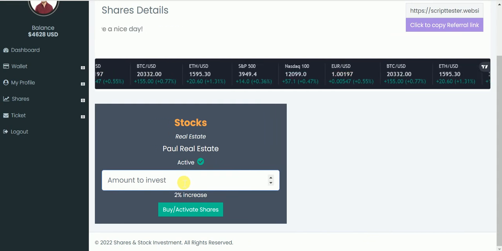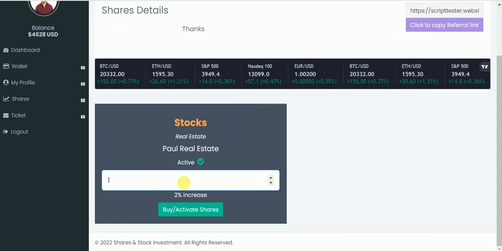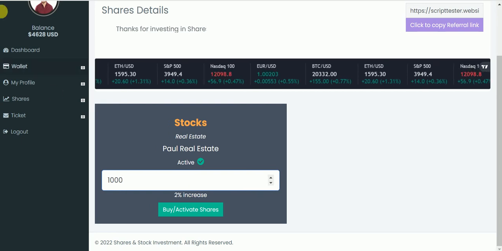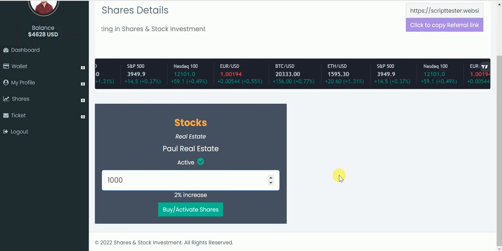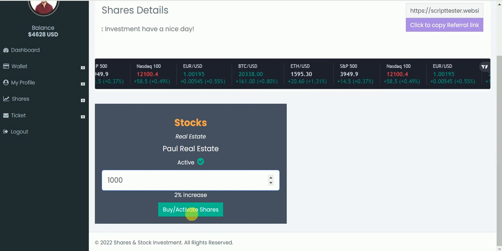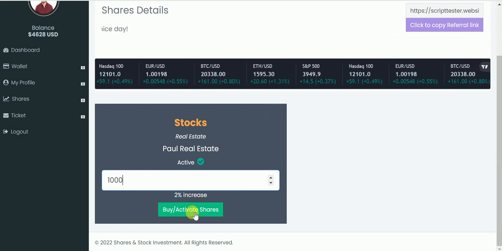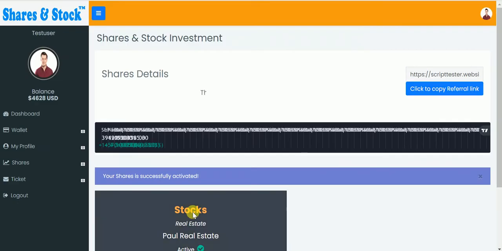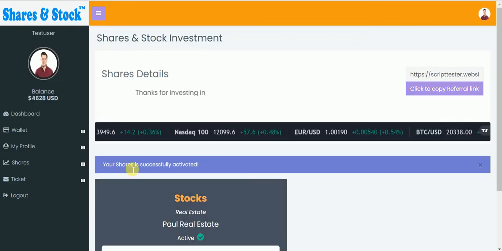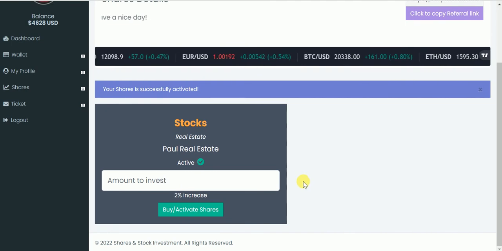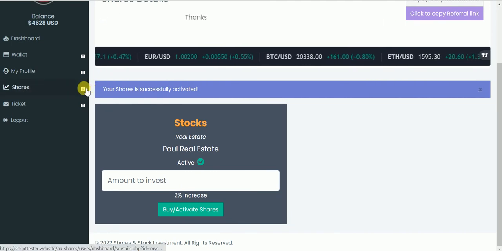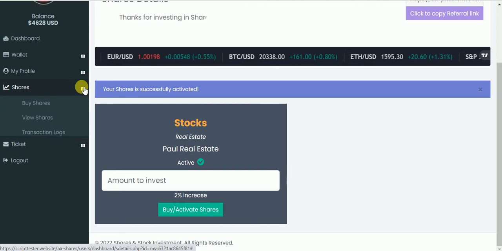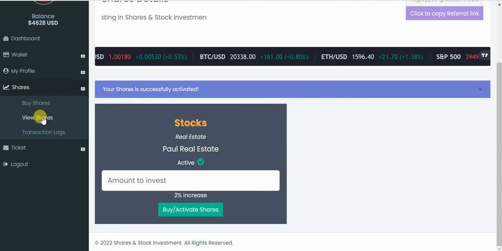Let's say the user wants to invest 1,000. Look at the amount remaining there, 4,628. Let's say you want to invest 1,000. He clicks on buy activate shares. Your share is successfully activated. Now if the user comes here and clicks on view shares,